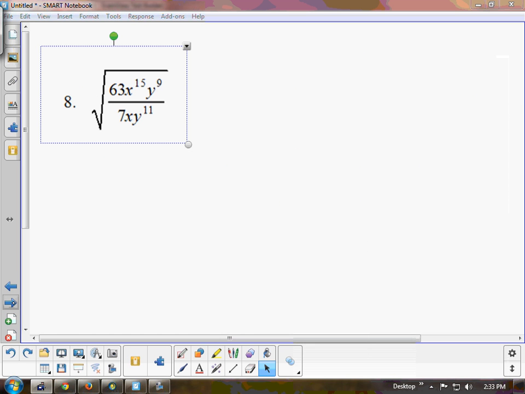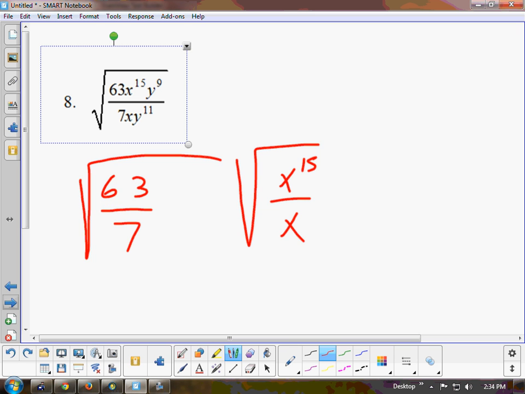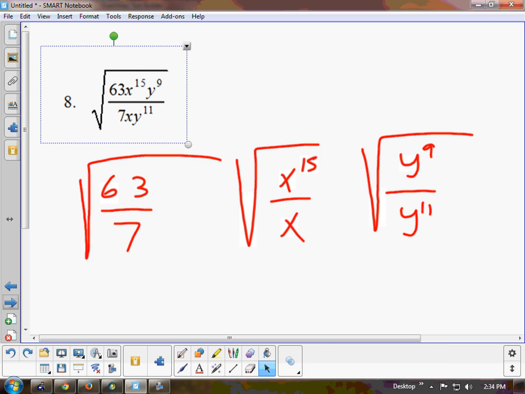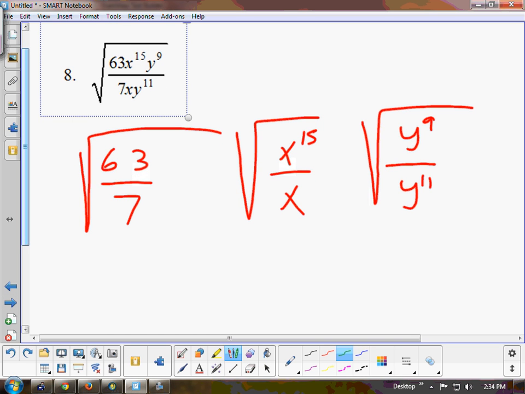Moving on to number 8. Okay, looks a little scary. It's very scary. Well, let's reduce the fraction first. Well, first of all, 63 and 7 are compatible. The x's are compatible. And the y's are compatible. This is going to be a little bit of an ugly question, but let's see what we can do with it. This first one turns into